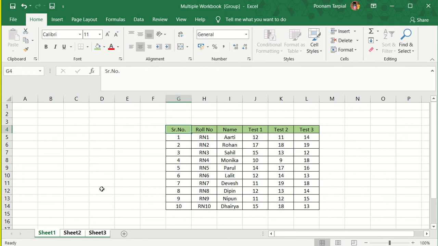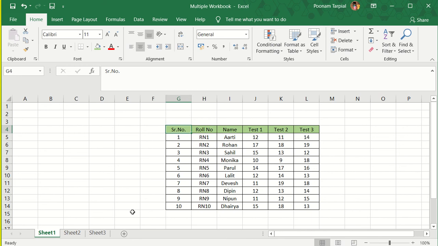Now let's see what has happened on sheet 2 and sheet 3. I'll click on sheet 2, automatically it is selected green. I click on sheet 3, automatically it is selected green. So what exactly has happened is, I have performed one function and it has automatically been replicated on all the 3 worksheets. So this particular function is going to work for one specific time, and if you want to use it, you have to again group all the worksheets together.